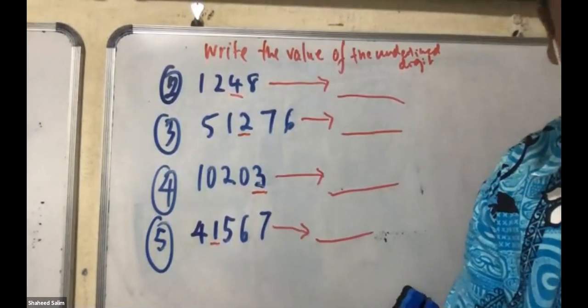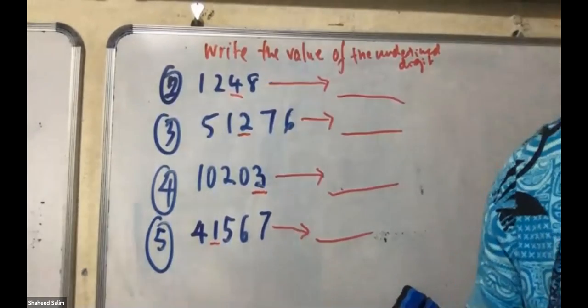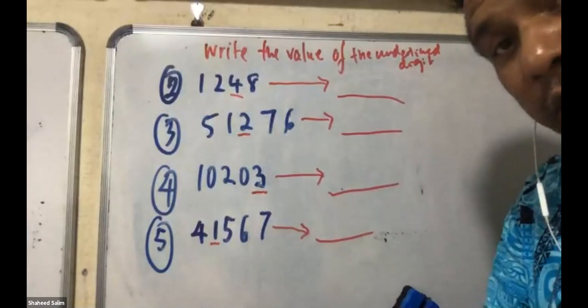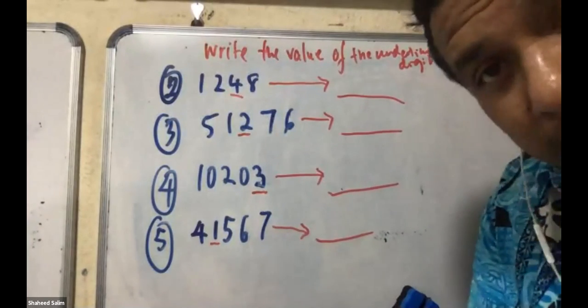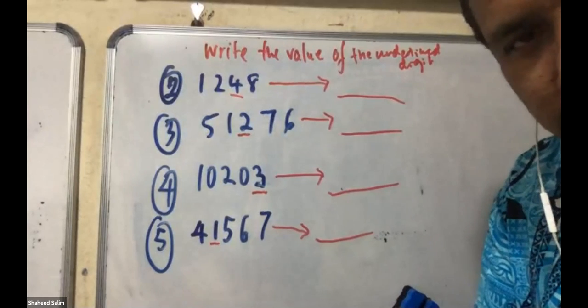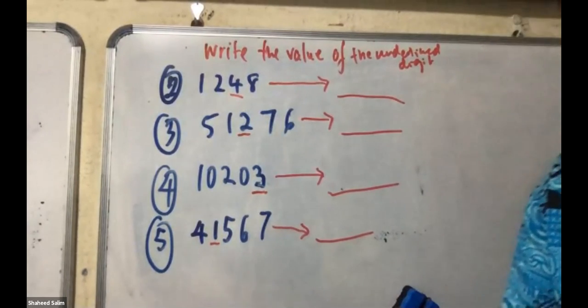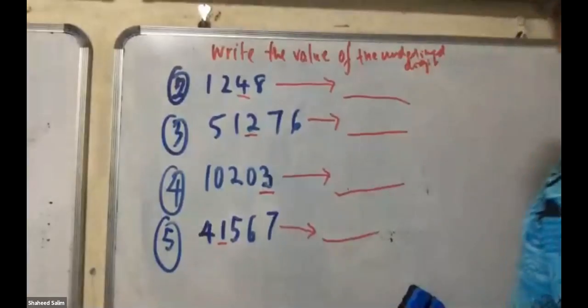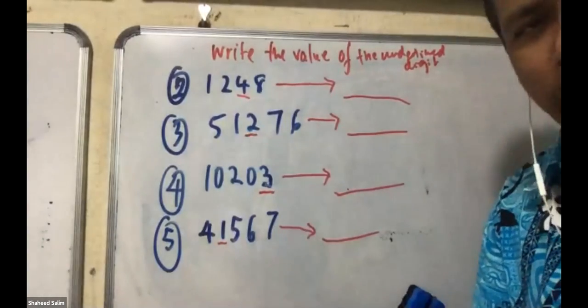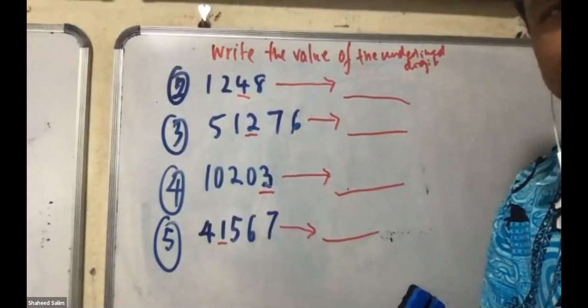Okay, you have to believe in yourself, okay? You got to believe that you can do it because maths is actually easier than even languages. English, you can never score 100% for English, but you can score 100% for maths. Okay, once you are done, show me your exercise book.